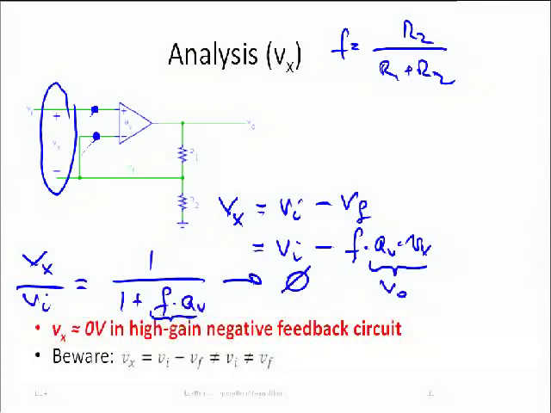Okay, so what have we just found out? Well, the voltage difference between the 2 terminals of the operational amplifier is 0, right? That voltage Vx between the 2 terminals is 0, or the 2 voltages at the positive and negative terminals of the operational amplifier are the same, just as you said. Okay? Now,